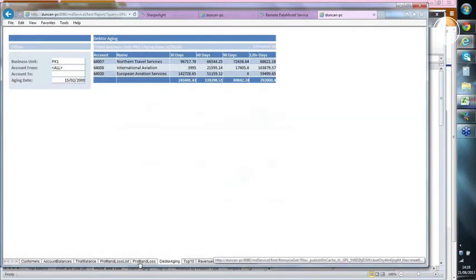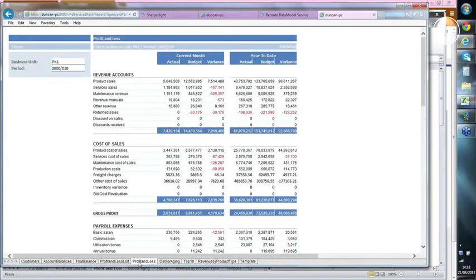debtor aging. That's done simply by having a copy of Excel running on the same server that the Sharperlight service sits on. The Sharperlight web service renders the Excel report as an image to the browser. So you haven't got all of the functionality of Excel, but you've used Excel to do the charts and the graphs and the table layouts and all the other things that you might want to do within Excel. And you've simply published the Excel spreadsheet. So it's another way of giving people the kind of look and feel that they're familiar with and presenting that